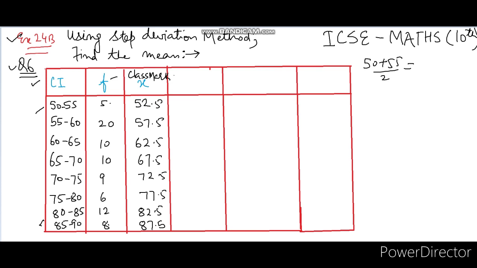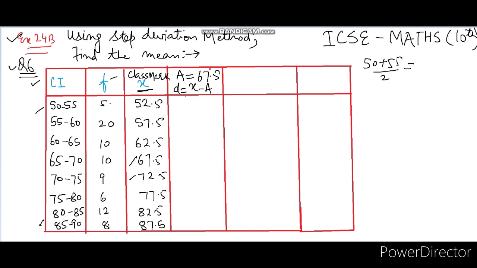Then just like the previous methods, we have to suppose one mean, that is called the assumed mean. Its value is otherwise the middlemost, but because the middlemost is either 67.5 or 72.5, it is your choice to choose any out of these two. So I assume here a to be 67.5, and with the help of a we are going to find the deviation, that is x minus a. Each x value minus our assumed mean.